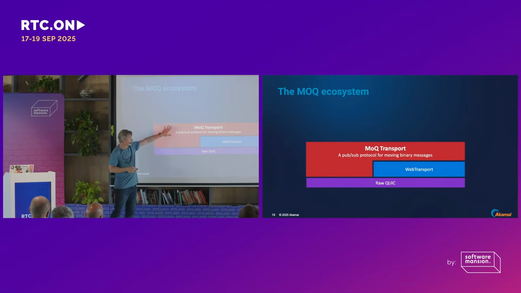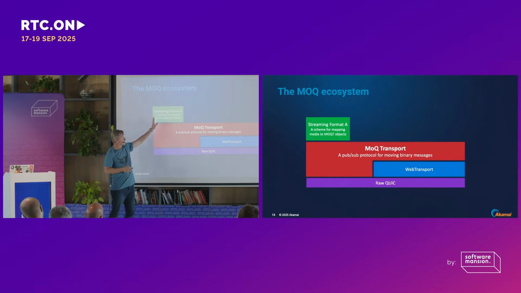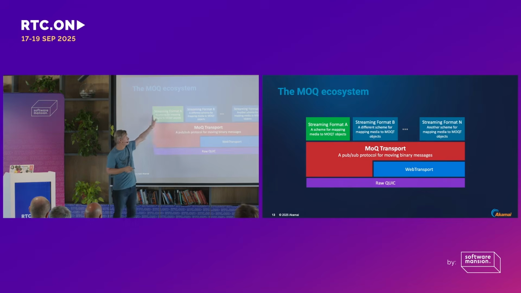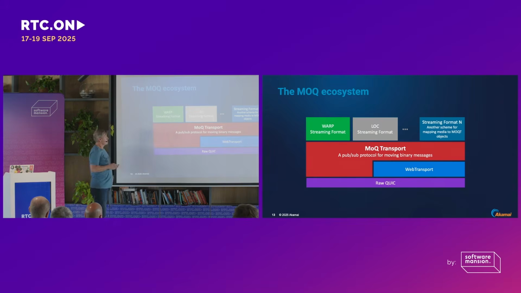MOQ transport then is the protocol sitting on top of this. On top of MOQ transport, we have what we call streaming formats. If you think of an analogy on the internet, this would be HTTP running on top of either QUIC or TCP. And then I have streaming formats like HLS or Dash, and there's many of them, right? There's no limit to the number of streaming formats that can use the transport. Warp is one of these, low overhead container is another one, but we could have a chat system if I just want to send messages, also operating.